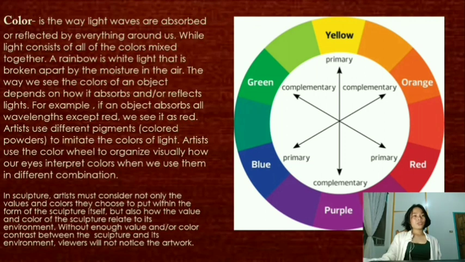So artists use the color wheel to organize visually how our eyes interpret colors when we use them in different combinations. So labi na kanang sa mga how to painting, di ba? Makita ko sila na how di sila mag-combine og color. Abi na to kanang pangit ang kalabasan. Pero pag combine na nila, nindot ang kalabasan sa color na mahimo nila kay labi na sa mga